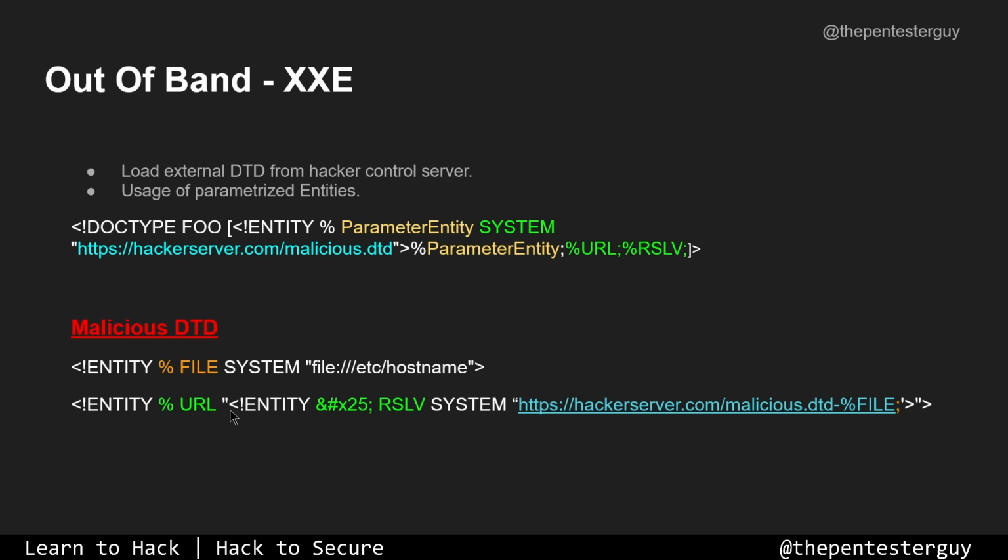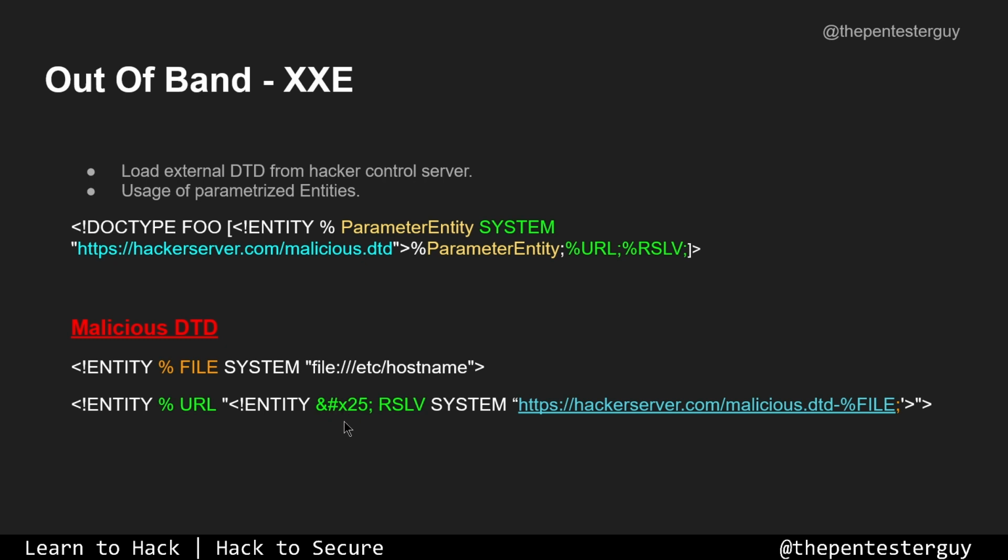So what actually is happening? This is a dynamically generated entity which is called whenever the URL entity is being called. After that we see the HTML encoded format of the percent sign itself, and this is deliberately done because in this case the encoded data must be considered as a part of an entity, not thought of as a special or reserved character that is already reserved for the XML language. So what actually is going to happen is